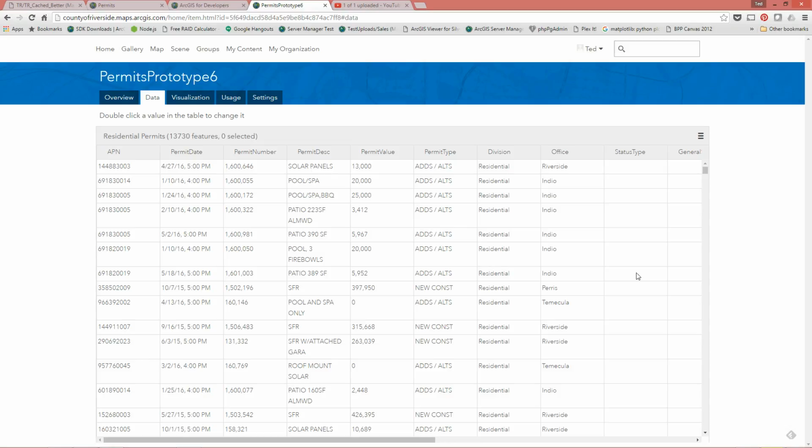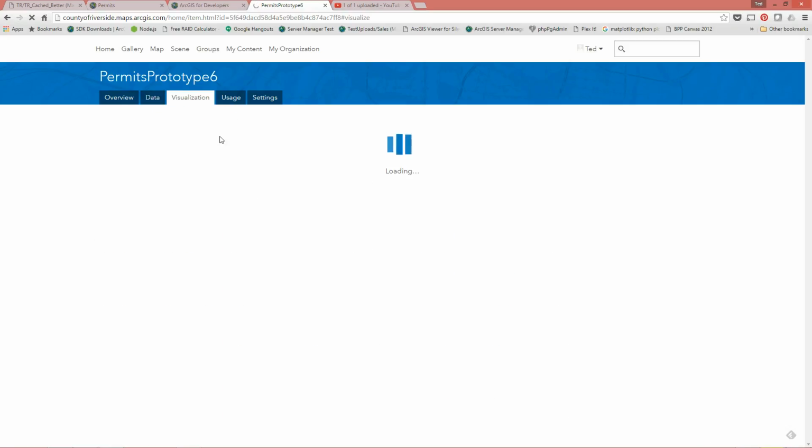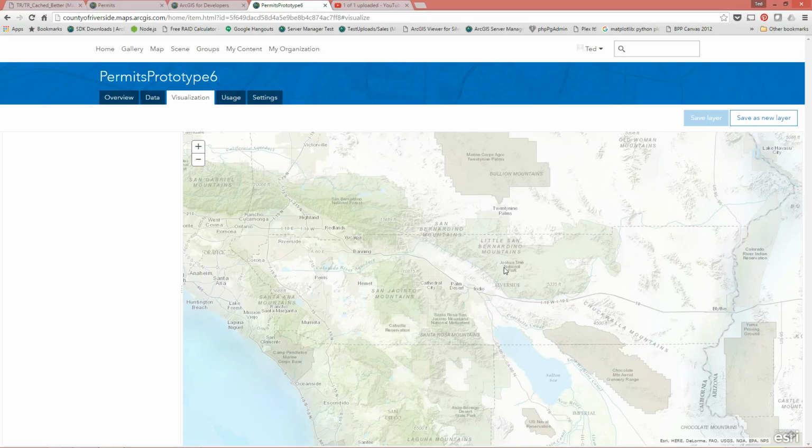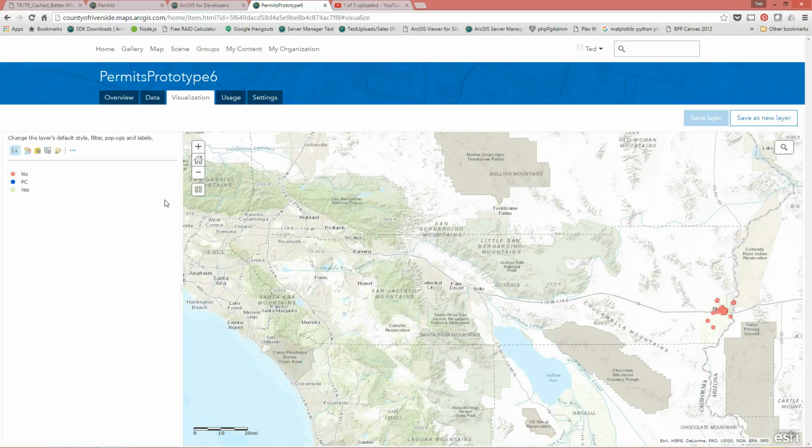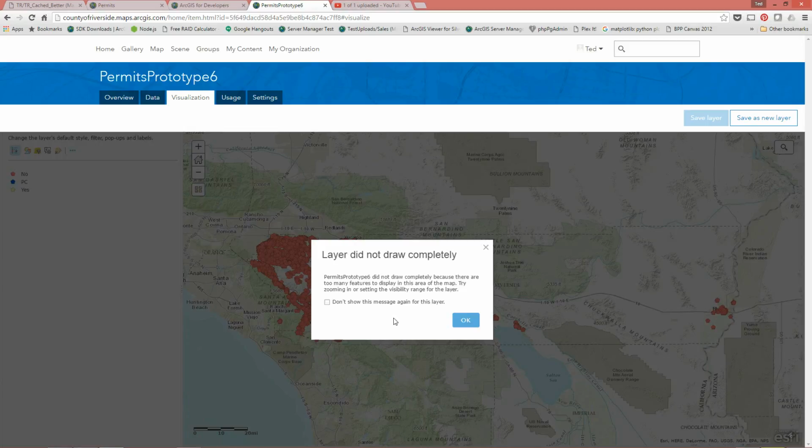So my data view is my table information. My visualization should show me like a little copy of the web map, if I recall. Yep, cool. And then I'm probably going to get a little pop-up soon. Let's see. Yep, okay. So I get this little pop-up right here